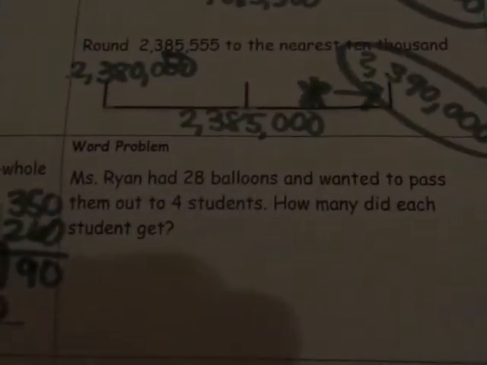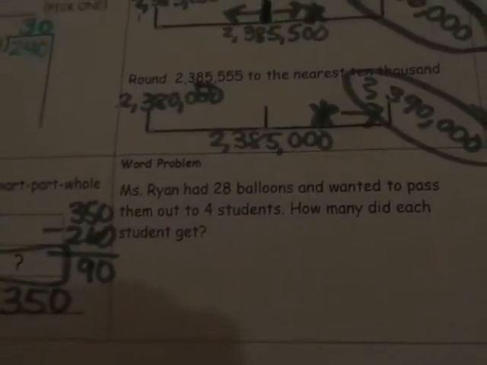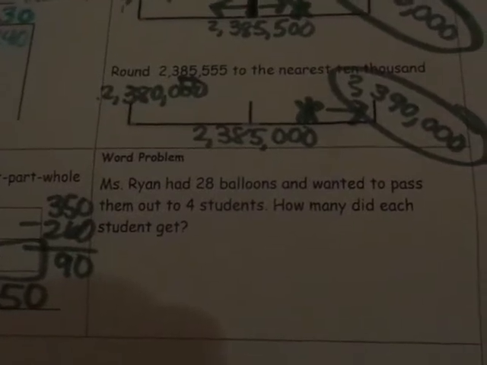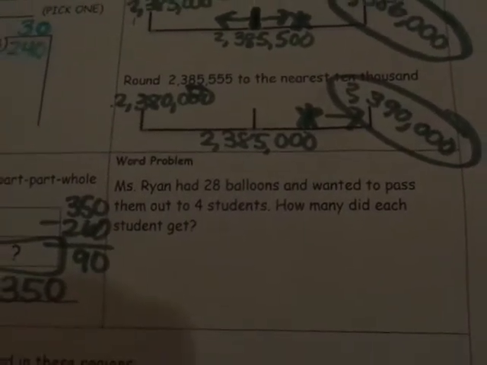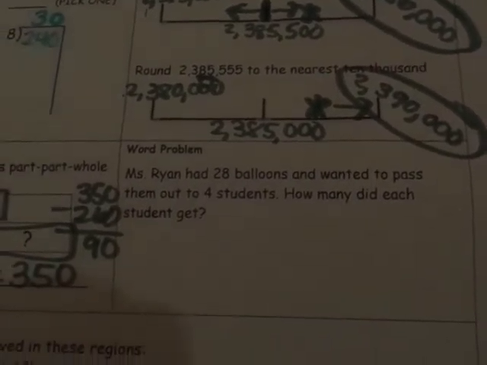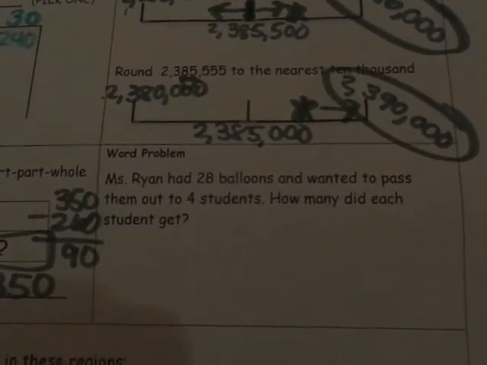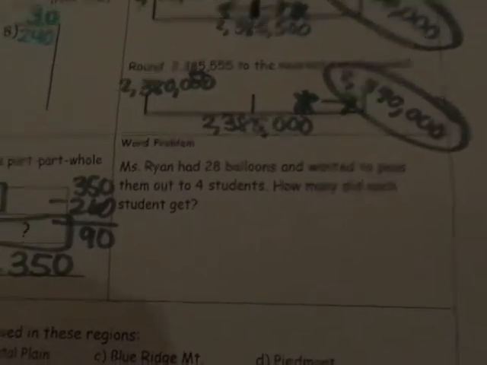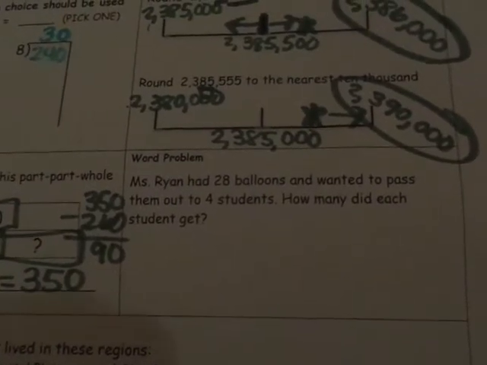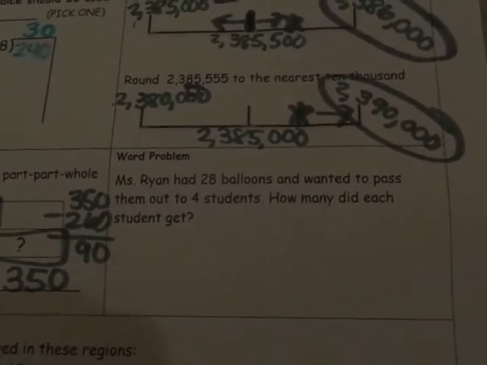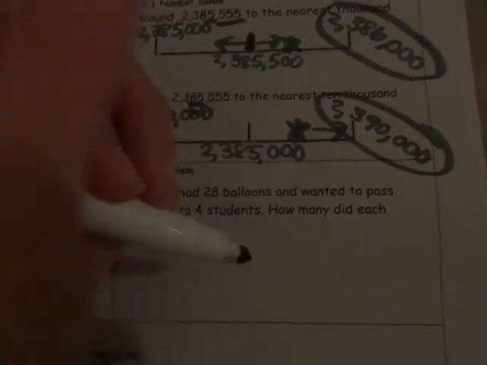Next question, word problem. Ms. Ryan had 28 balloons and wanted to pass them out to 4 students. How many did each student get? So I hope you're thinking about what computation you're going to use to solve this. I have a total number and I'm passing them out into equal groups. That is division. So I would start with 28 balloons